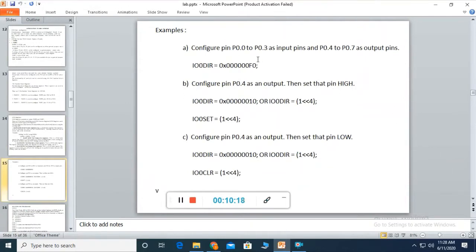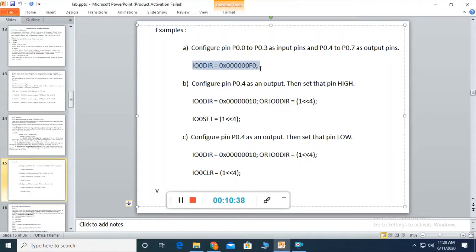So for example, if I want to set pins 0, 1, 2, 3 of your port 0 as input pins, and the other 4 pins, 4, 5, 6, 7, as output pins, we use this. IO direction, as I said, is used to control the direction of your pins.